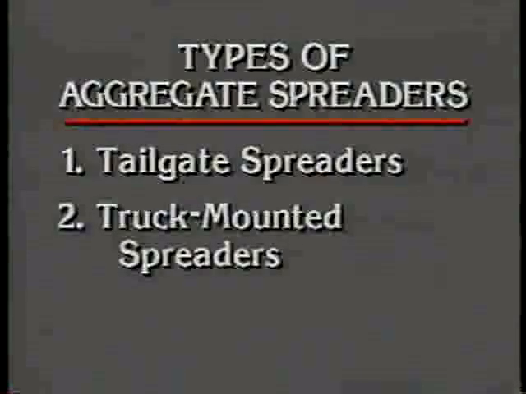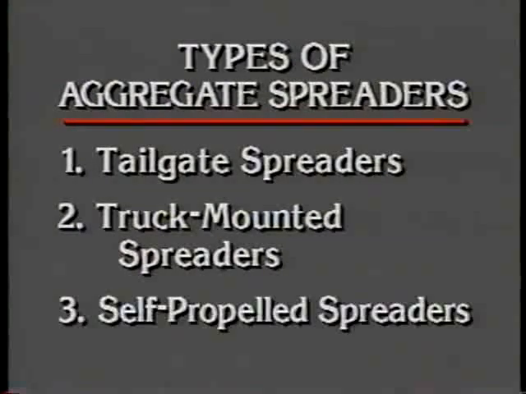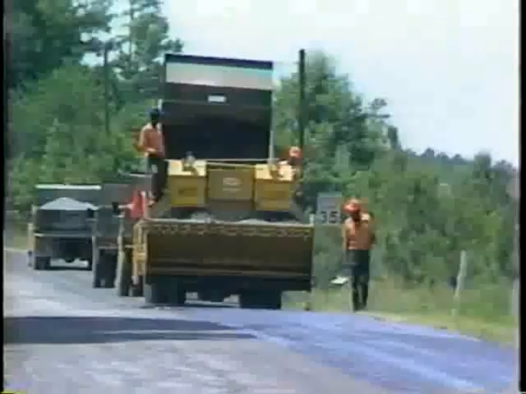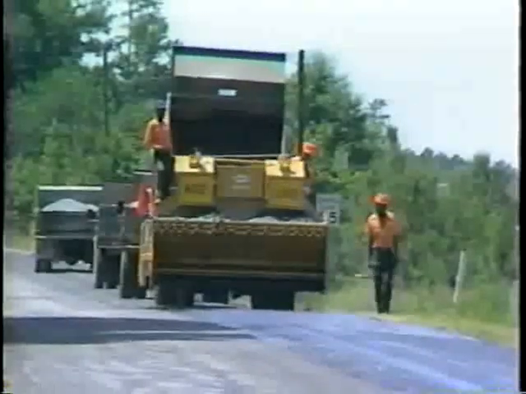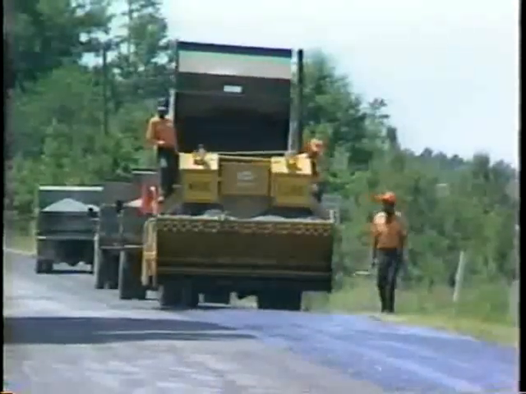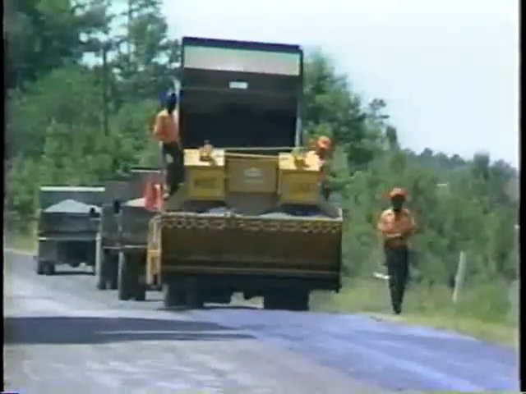Truck-mounted spreaders, which are attached to the tailgate of the truck, and the truck propels the spreader by backing. Mechanical self-propelled spreaders, which actually pull the truck. The mechanical self-propelled spreaders provide the most uniform and continuous distribution of aggregate, but are the most expensive. Regardless of the type of spreader being used, it is calibrated and adjusted prior to beginning the chip seal